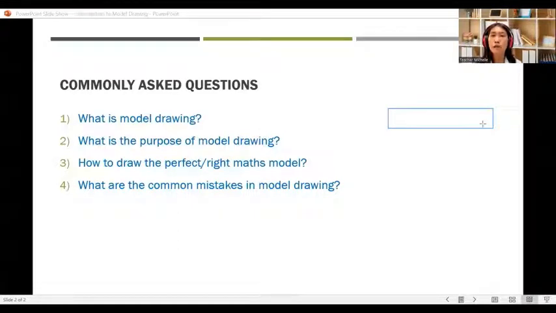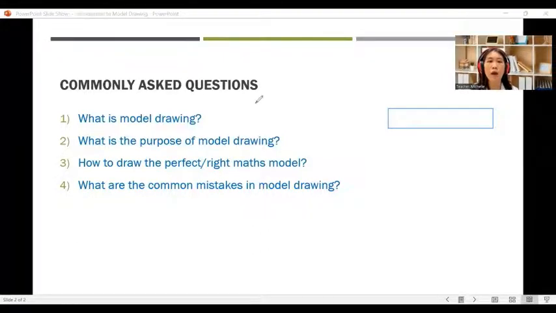There isn't a perfect model, so to speak. A right model is one that can help you to solve the word problem accurately and in the shortest time. Some of the common mistakes in maths models are, for example,